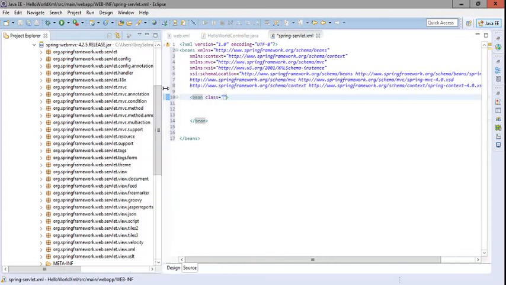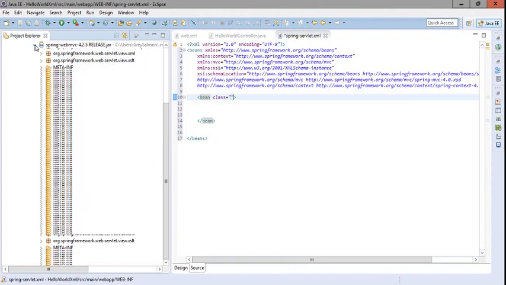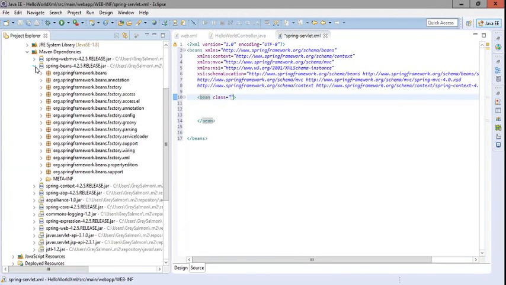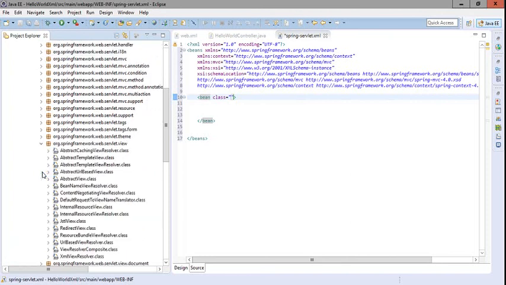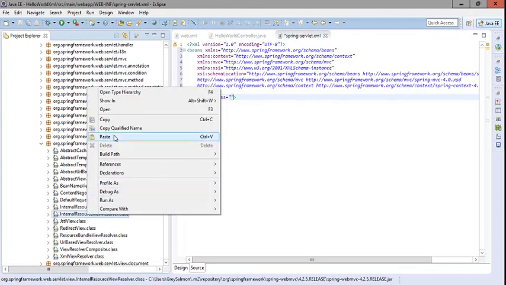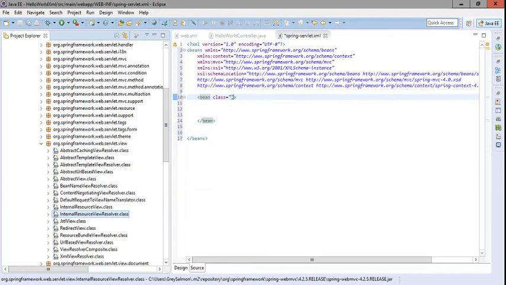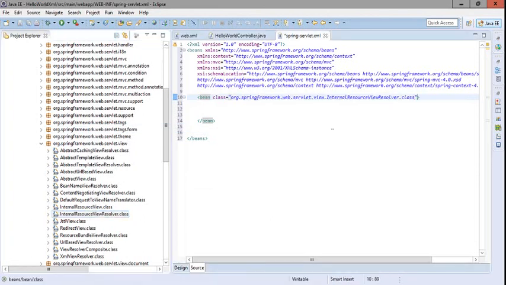In the servlet there is one view, and there we get this internal resource view resolver. If we copy the qualified name and paste it here, we get the complete class name, org.springframework.web.servlet.view.InternalResourceViewResolver. Now this has two properties, one for prefix and second for suffix.